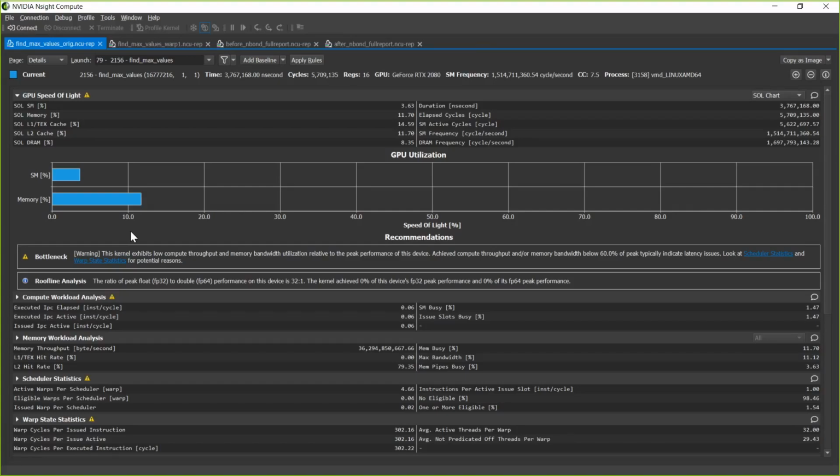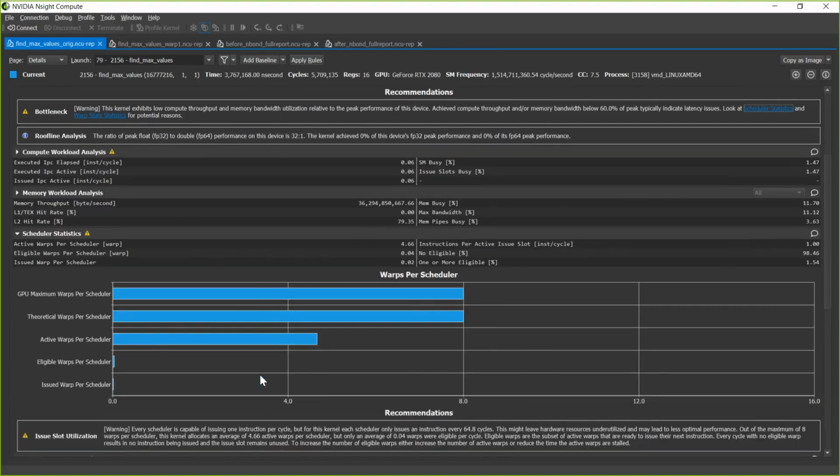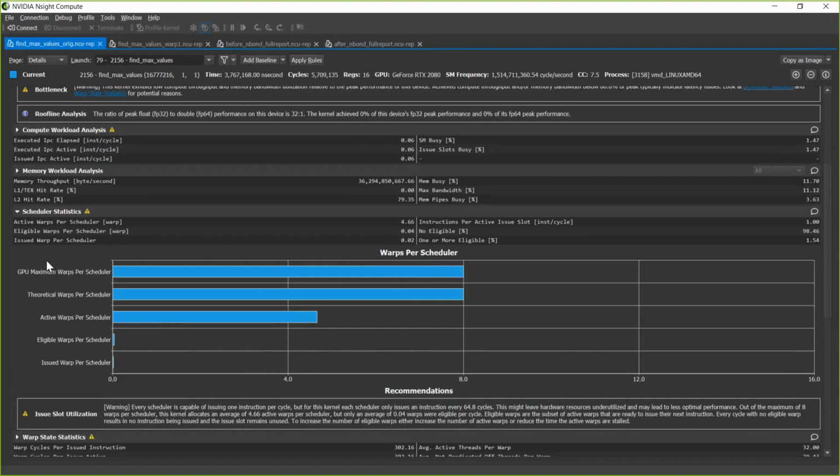In addition to the numbers and the sections, you also see the rule system I mentioned earlier already showing that it automatically detected something, in this case exactly what I said: that both are pretty low and that we should look at other sections. So I just follow this link and get to another section, which is the scheduler statistics